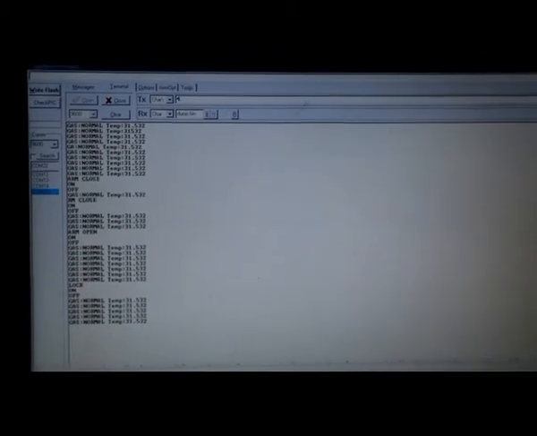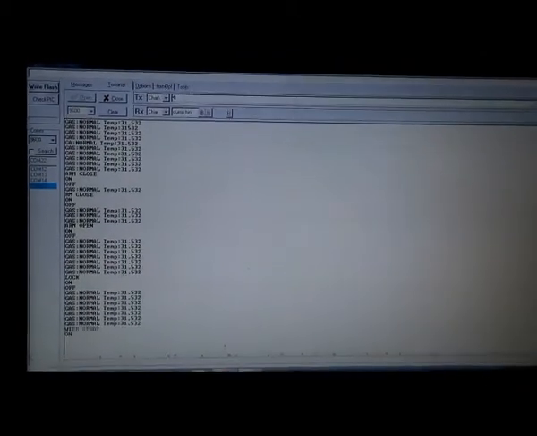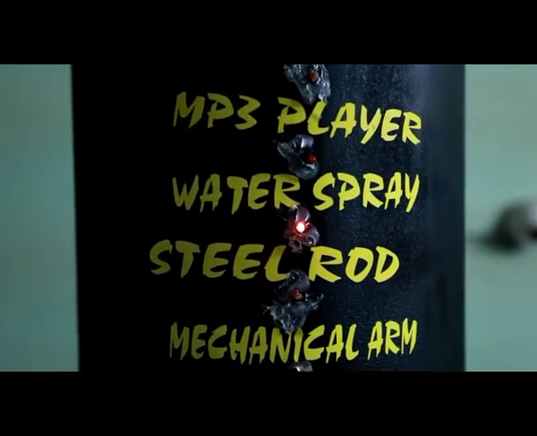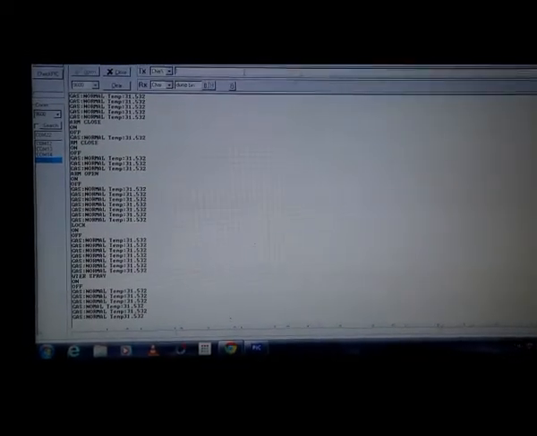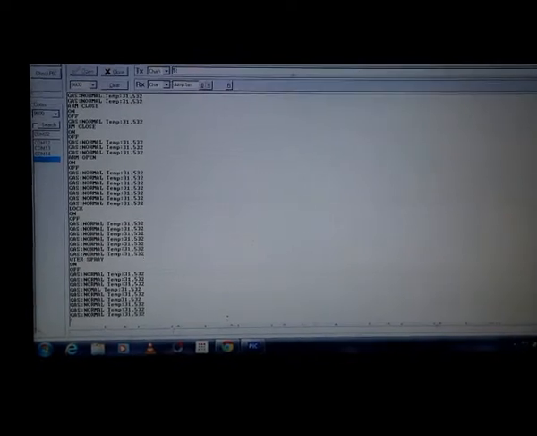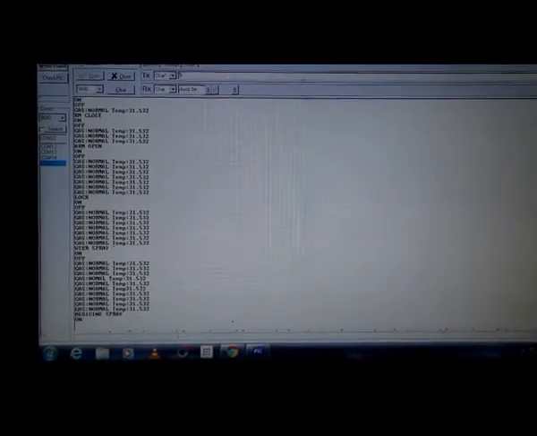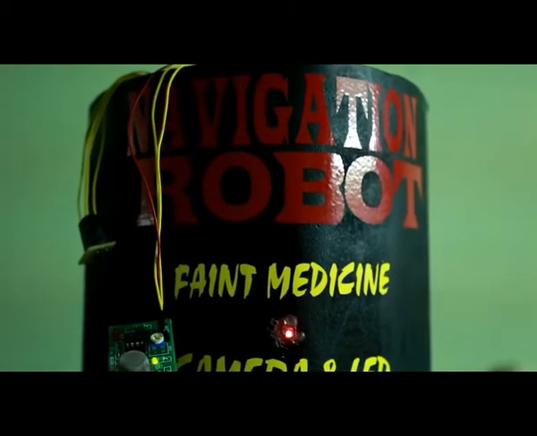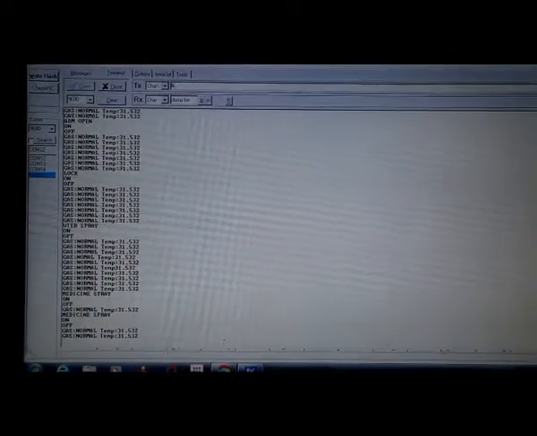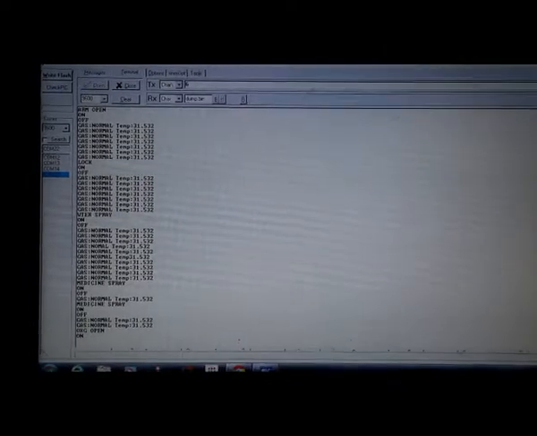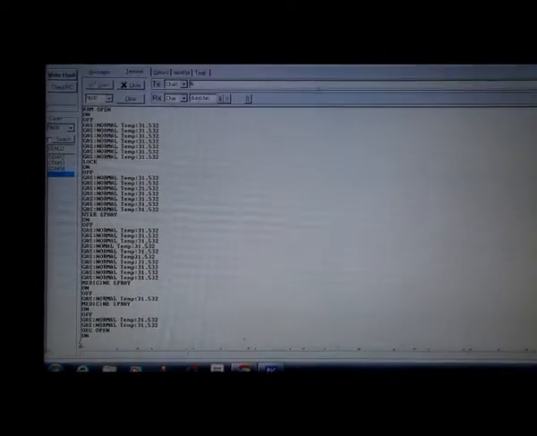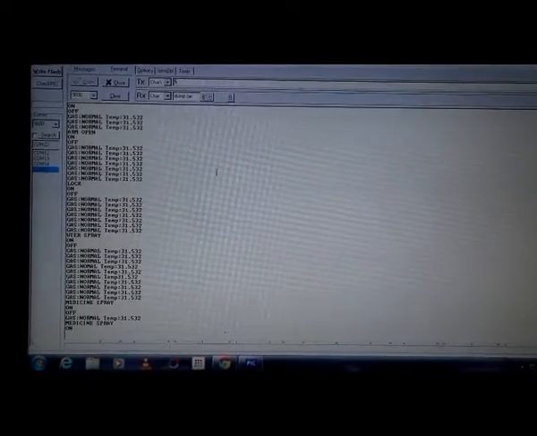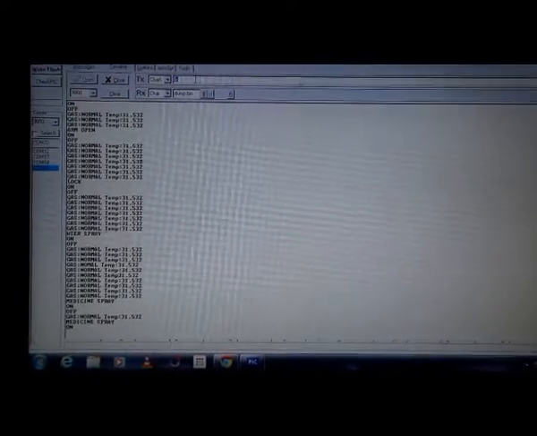As usual, the temperature level and gas level are monitored. Now we enter command 4 to spray water on the child. Now we enter command 5, which indicates the faint medicine. Finally, the sixth command is used for providing oxygen. To perform this kind of operation, we use the TINI software. Now the software session is over.